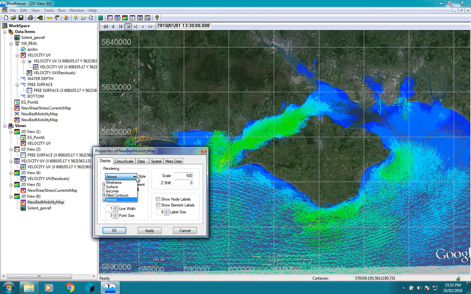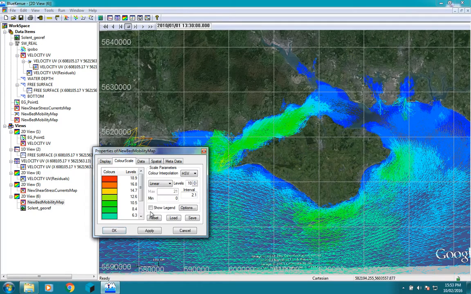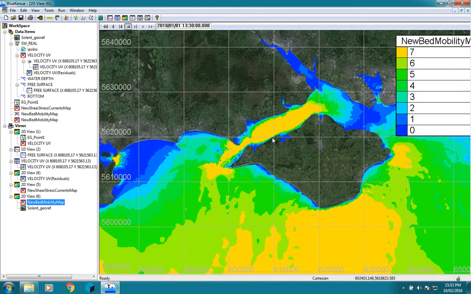Double click, change to filled contours, turn on this color scale, and let's go from 0 to 8 because those are the scales. So here you can see that, yeah, most of this material, if it was fine sands, would be moved here. In this area, it wouldn't be moved. So this is a good way of, in your assignment, looking at whether the changes you make will move the sediment or not. Okay, and that is the end of the first part of